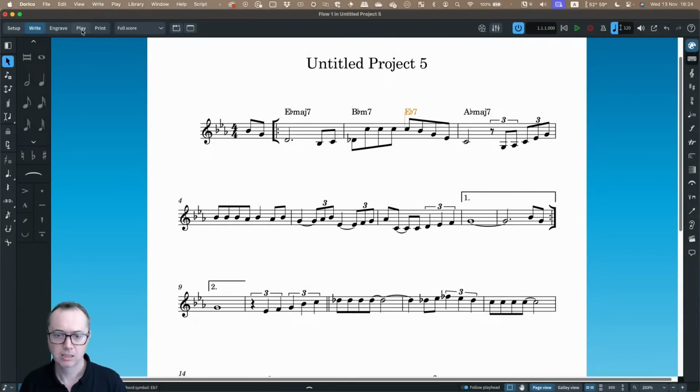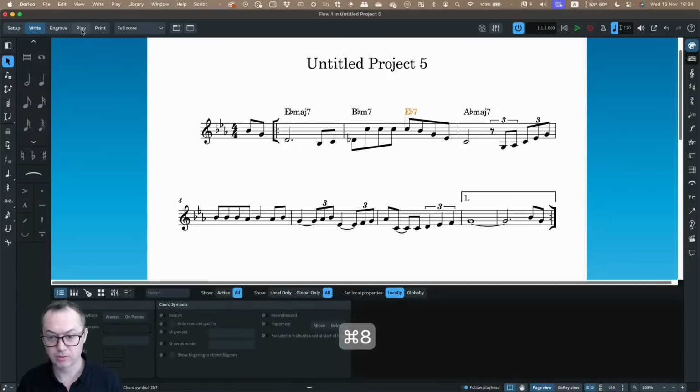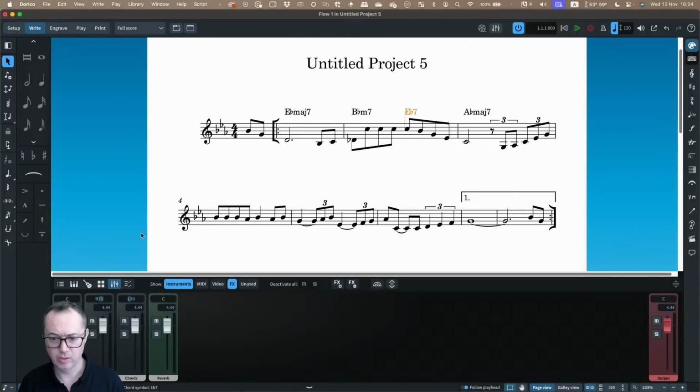So they're playing. If they're a bit loud, then in the mixer, either in the properties panel at the bottom, Command 8, Control 8, if you go to the mixer, or if you use the F3 floating mixer, which is this shortcut button up here, then the chords have their own fader as well, so you can turn them down. So now when you press play,